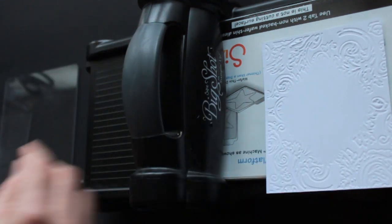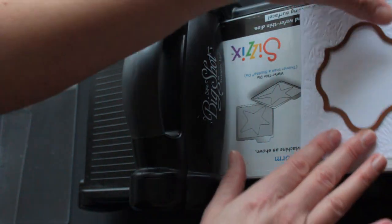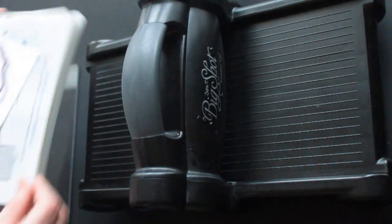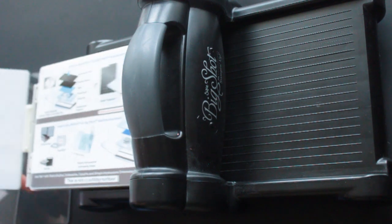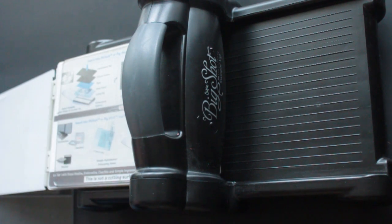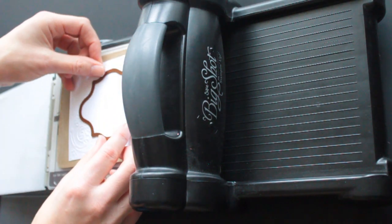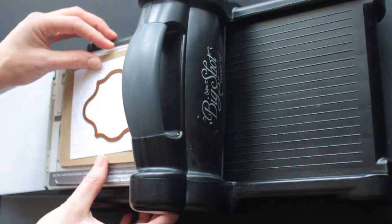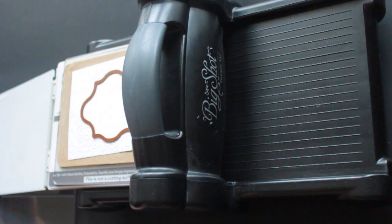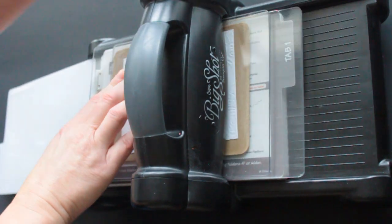Now if you want to emboss it a second time with your Nestabilities die to get a more defined frame around this, move it to tab 1, so open it up once. Add a cutting mat. Then add a tan embossing mat. Sorry about that. Tan embossing mat. Your paper. Your die where you want it to be. And another cutting mat, and then you run this through, and it will never show as much as if you